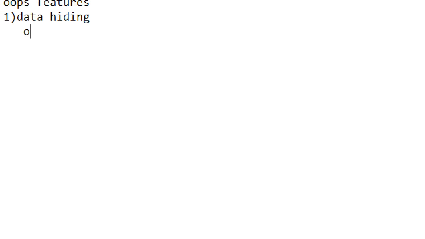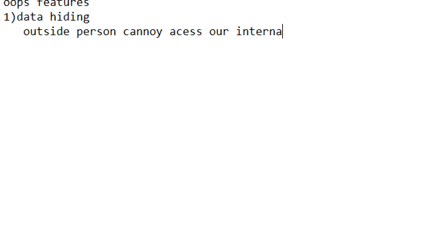Data hiding is that an outside person cannot access our internal data directly.